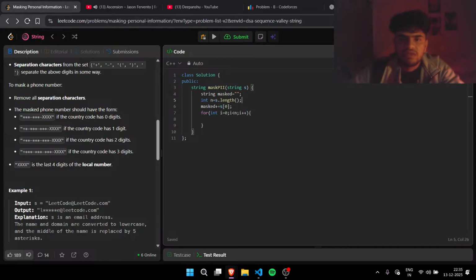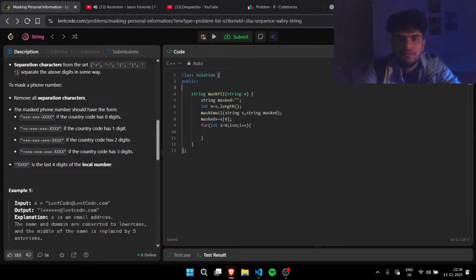Okay, so we can perform two functions here. Mask email, which will contain the string s, comma, string mask. Okay, it will make a function, not a